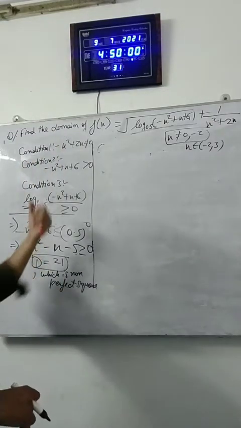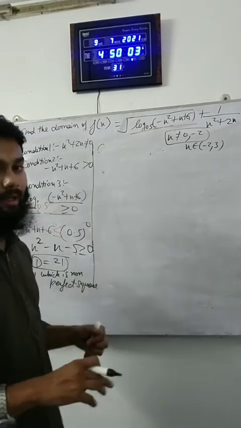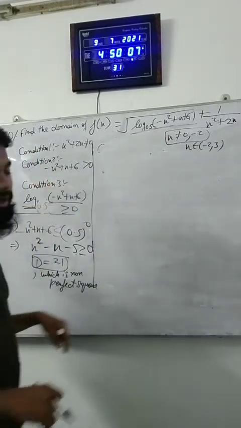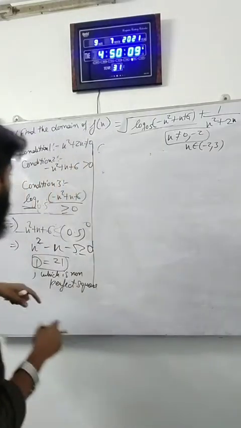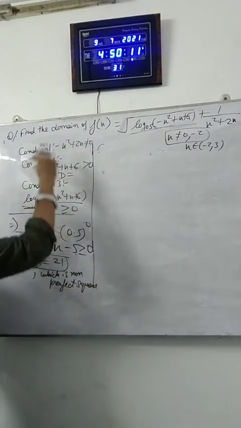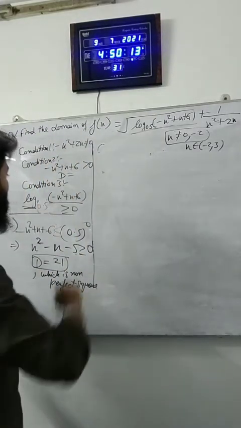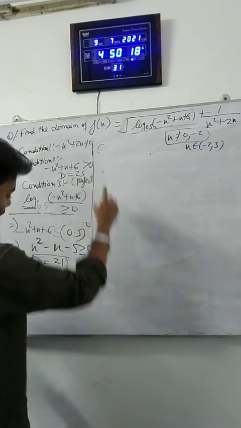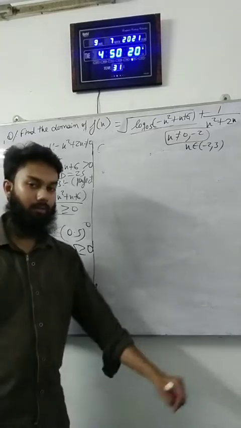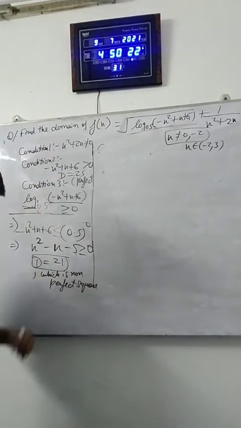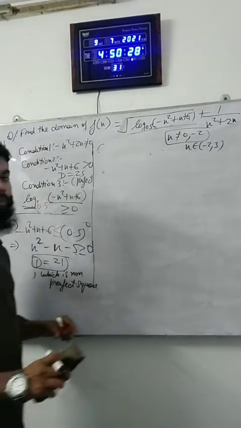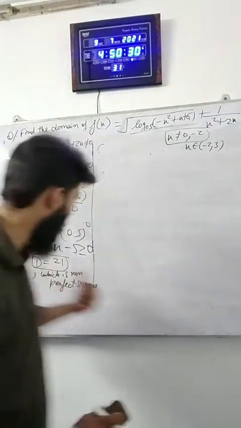Just like in condition 2, I factorized the given quadratic equation very easily, because the discriminant over there, if you calculate it, was 25, which is a perfect square, right? But here it is not a perfect square. The discriminant is not a perfect square. That means I will have to use some different method. The splitting method will not work over here actually. So I have to use some different method to solve this quadratic inequation.